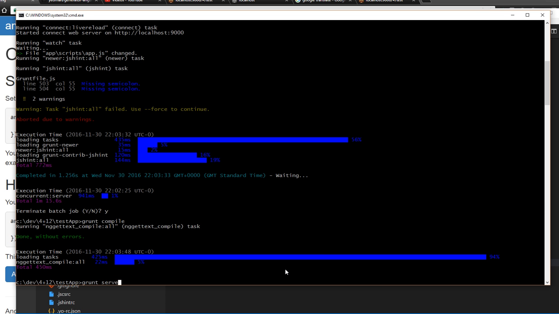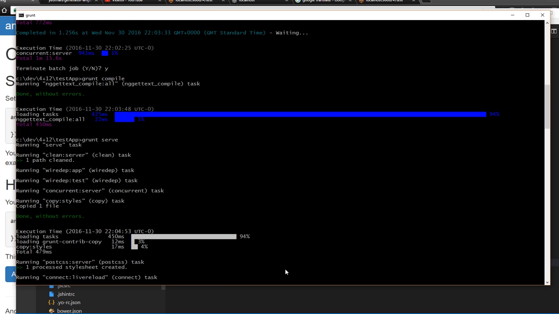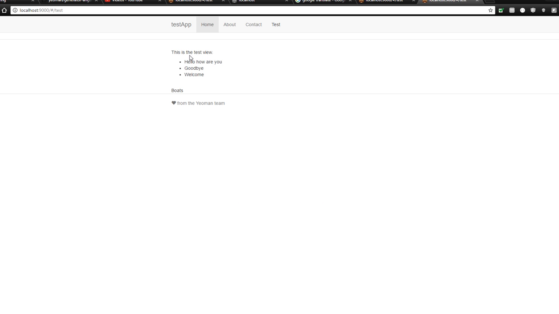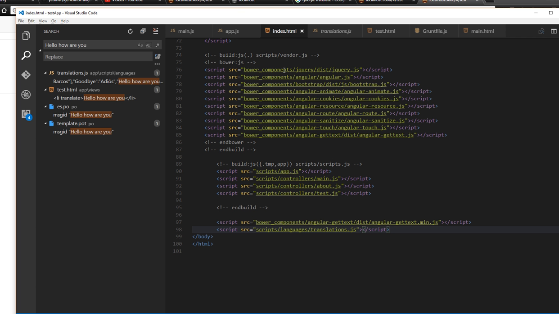Let's try a grunt serve now. Test. Nope, we still have it in English. As if by magic. This is in Spanish. So here's the thing. You have to reference the translations JavaScript file after gettext is loaded. If we load that in there,